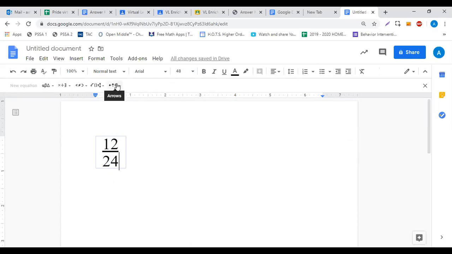We don't really get into this last column too much. That's just some of the different arrows you might see more in geometry. But anyway, for the foreseeable future, there's some basic keys we can kind of get used to here. And it kind of puts it in this little blue box right here. So it's a little weird if you go to copy and paste it, but it does let you type whatever you want. So keep that in mind, guys, when you're showing me your work,